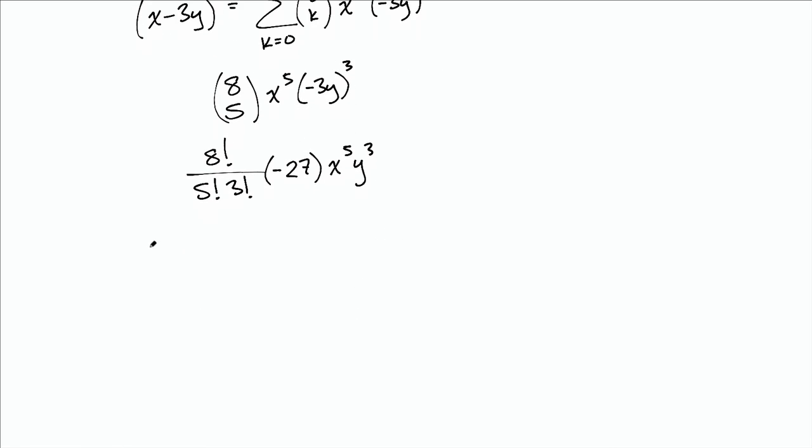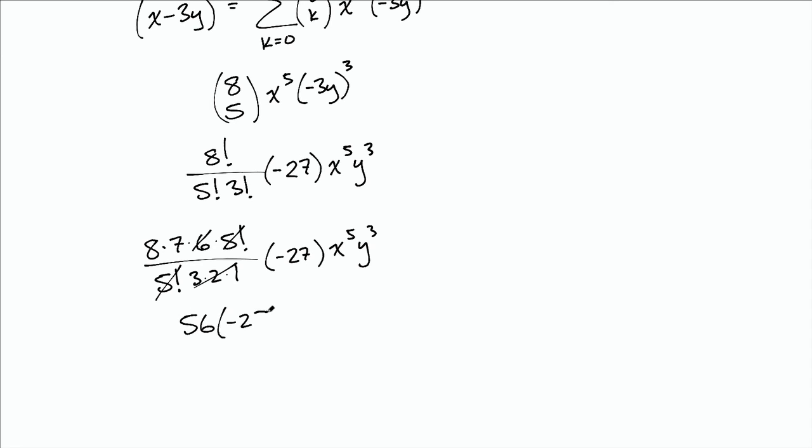So 8 factorial is 8 times 7 times 6 times 5 factorial. And then I'll stop there because I've got a 5 factorial down there. And then 3 factorial is 3 times 2 times 1, times the negative 27, x to the 5, y to the 3. And notice now the 5 factorial cancels, and 3 times 2 times 1 is 6, which cancels with that 6 up there. And so now I've got 8 times 7, which is 56,